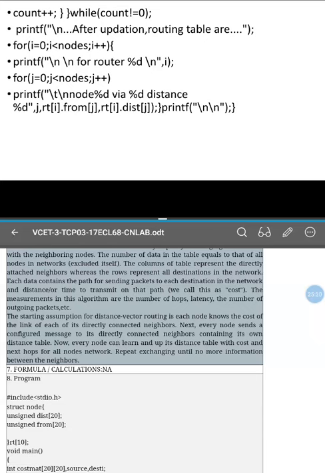So in this 3 hours of the lab session, first go through the distance vector routing algorithm theory, know about the Bellman-Ford algorithm, how the distance vectors are constructed for the network, and also go through the coding part and execute it. Thank you.